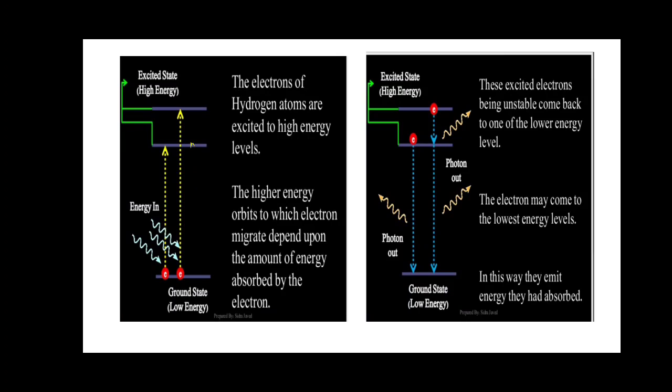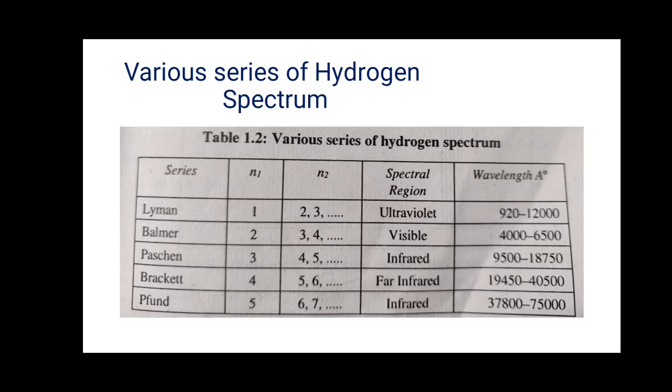It depends on how much energy is absorbed. Then at a particular time, this excited electron being unstable comes back to one of the lower energy levels, and the electron may come to the lowest energy level. In this way they emit the energy they had absorbed. Next, there are various spectra of the hydrogen atom, that is Lyman series, Balmer series, Paschen series, Brackett series, and